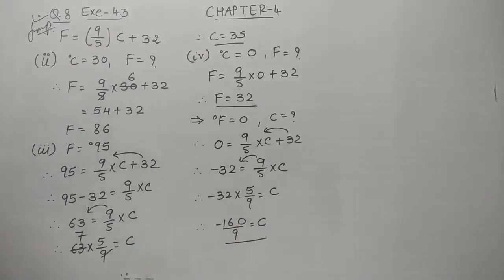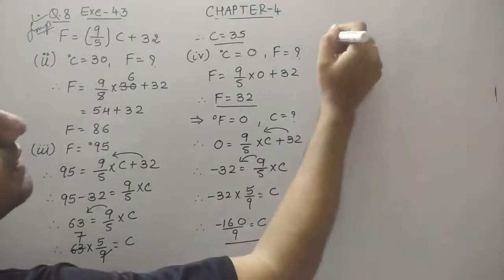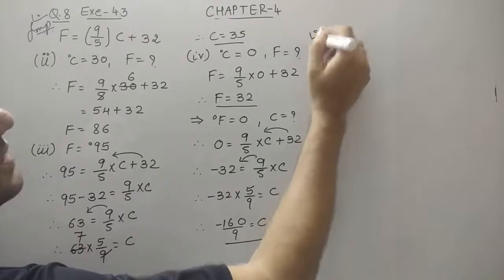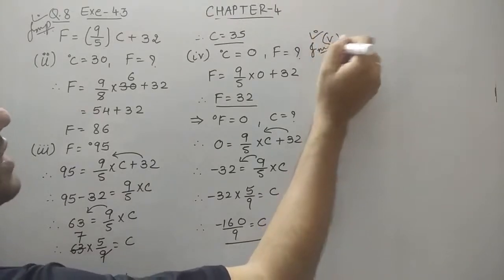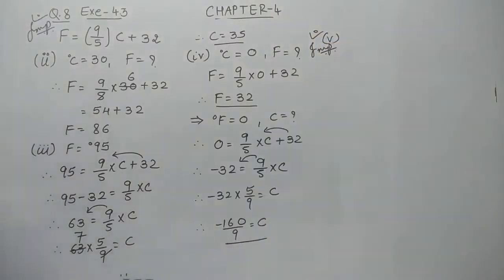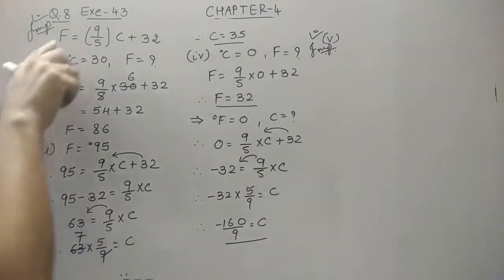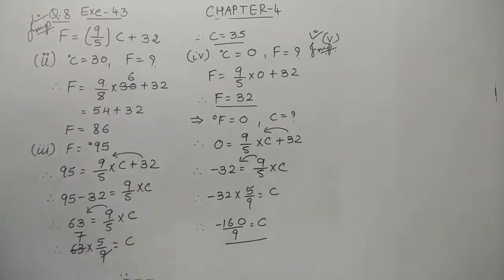Now let's see the last question, which is the most important. And this question can come in the objective also. It's a very important question. The question asked is: is there a temperature which is numerically the same in both Fahrenheit and Celsius? Meaning, is there any value where Fahrenheit and Celsius come out the same? So let's do one thing. How to find out which numerical value is the same for Celsius and Fahrenheit? So what are we doing?